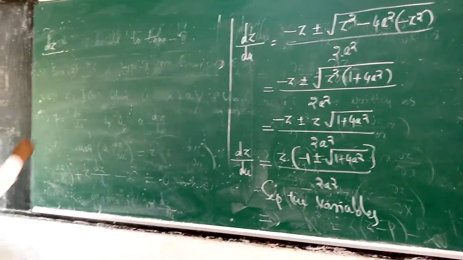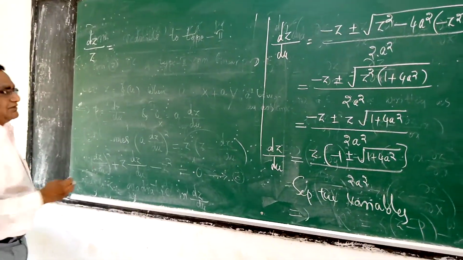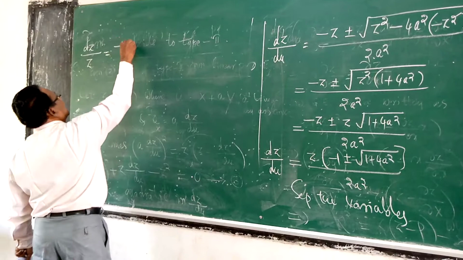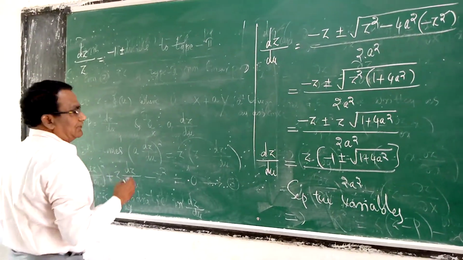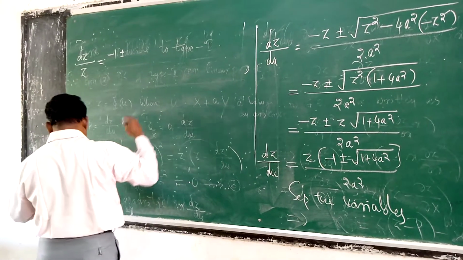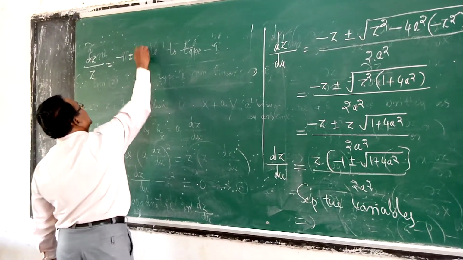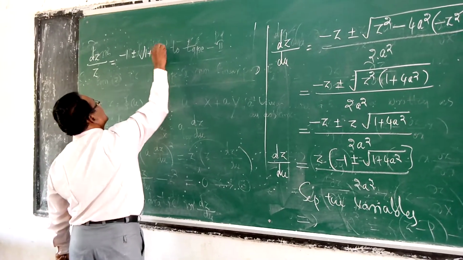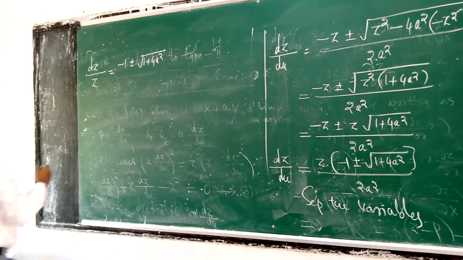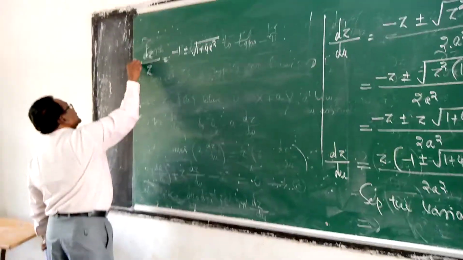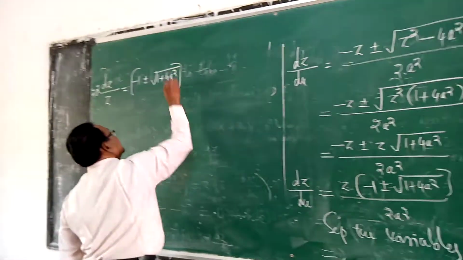Transfer z to the left hand side. Yes, this is equal to minus 1 plus or minus root of 1 plus 4a squared, divided by 2a squared. Even if you want, you can take this 2a squared to the left hand side, into du here,